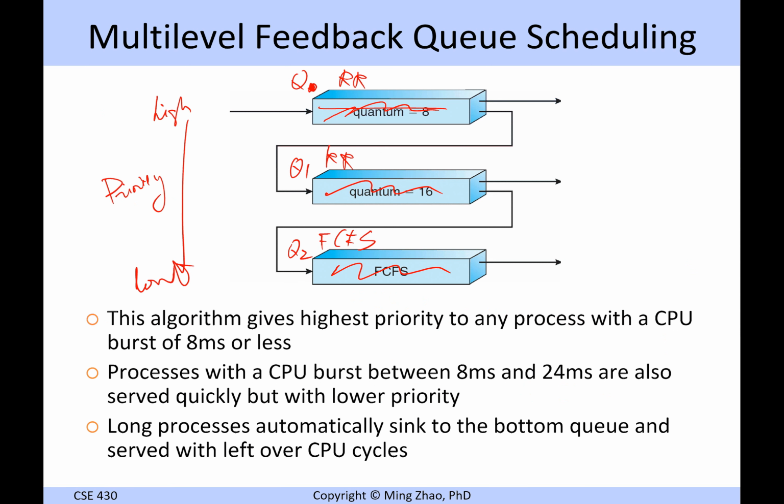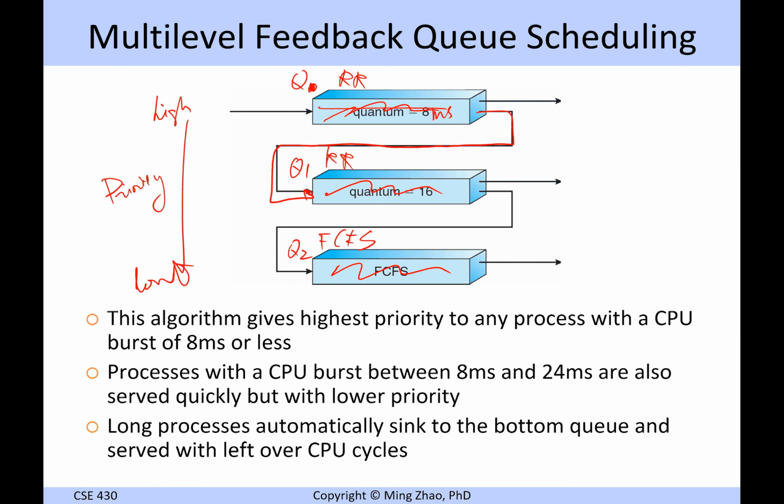But then we allow processes to move across queues. Processes with really short CPU bursts will naturally fit in Q0. But as their CPU bursts grow, say a process has a CPU burst at the same level as the 8 millisecond time quantum,